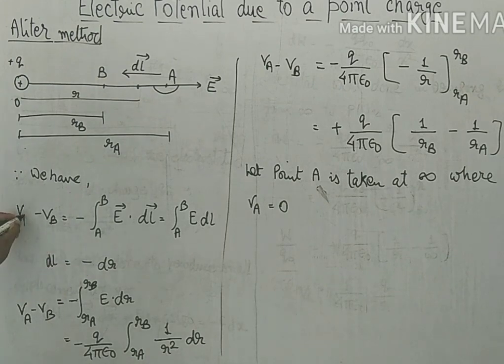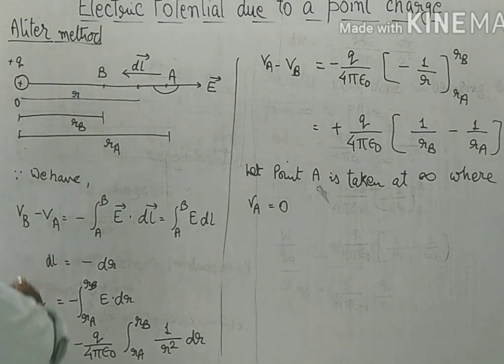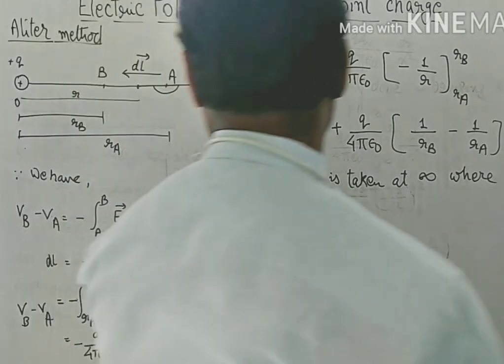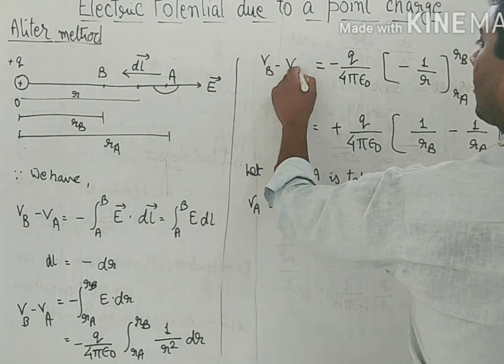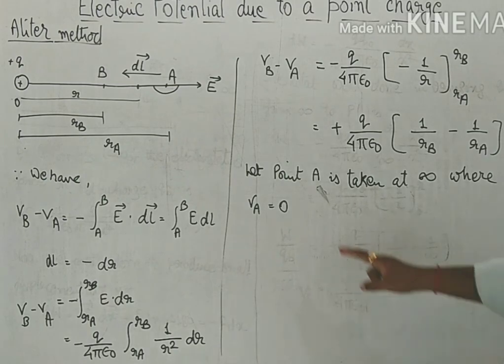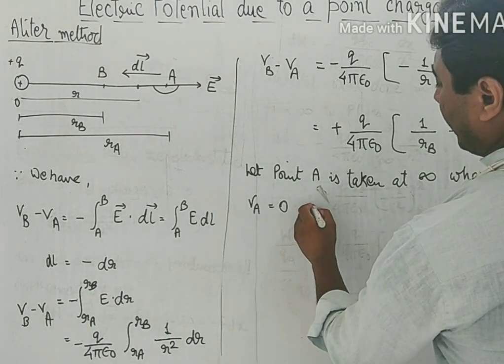So just make a correction, it should be VB minus VA, not VA minus VB, as we are having this point facing towards the source charge and this is beyond this. So VB minus VA, it should have been, it's a correction. And later on we can have, let point A be taken at infinity where VA is 0. Then